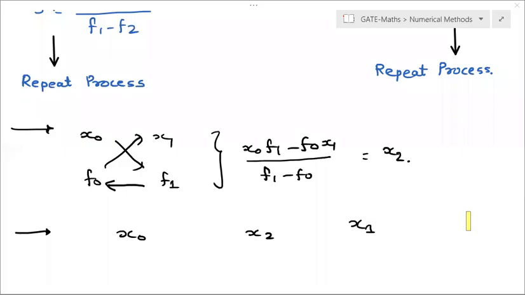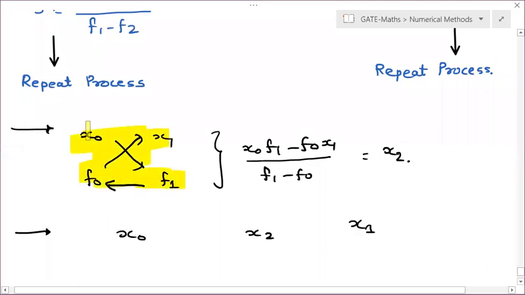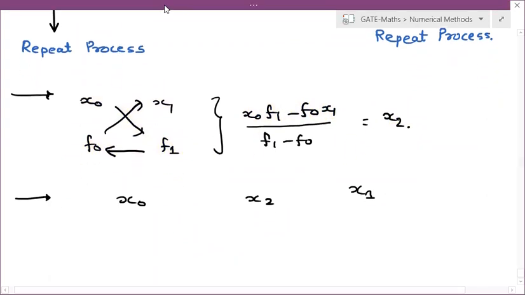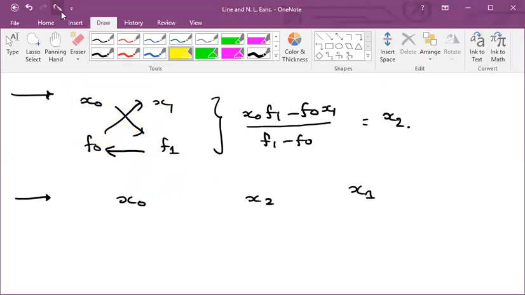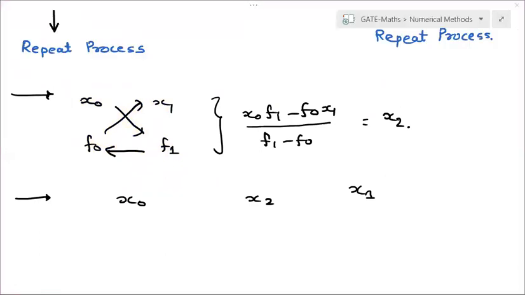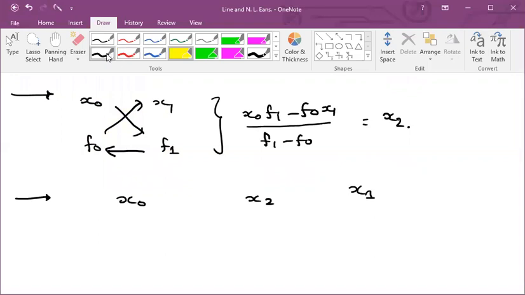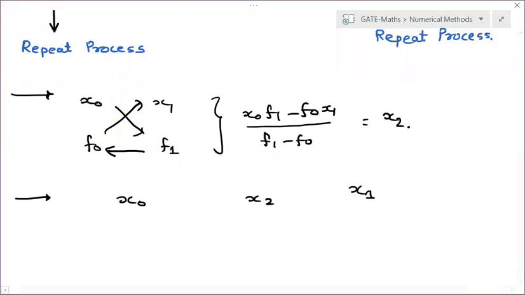Now see over here. Consider this as a 2 by 2 determinant, right? How are we going to solve this 2 by 2 determinant? X naught into F1 minus F naught into X1, right? And what is extra over here? Just take the difference of this, F1 minus F naught. This is your X2. Is it clear now? So your X2 is somewhere between X0 and X1. It is not exactly the middle, but somewhere between X0 and X1.